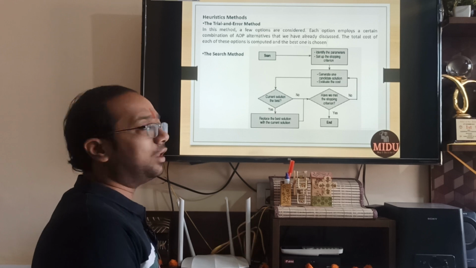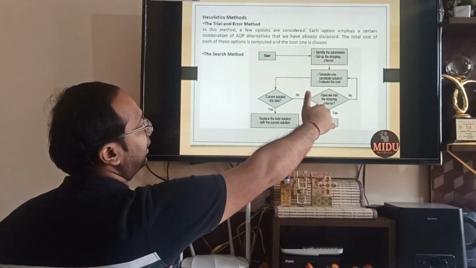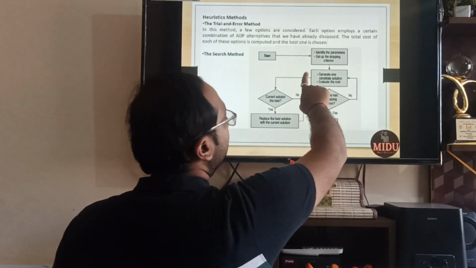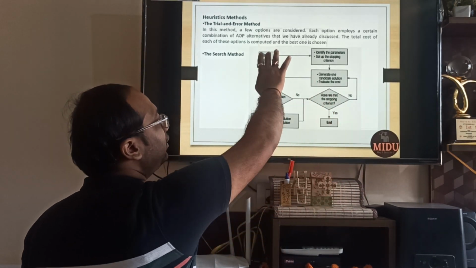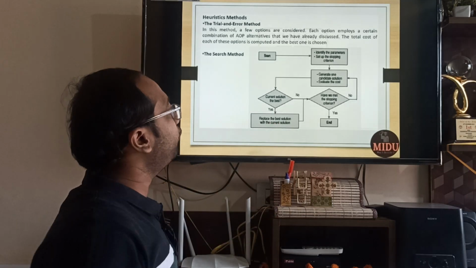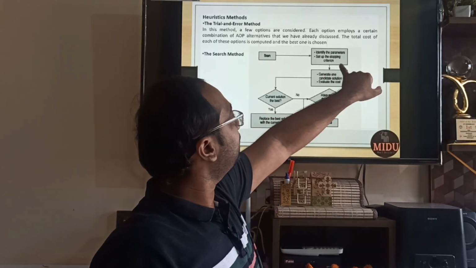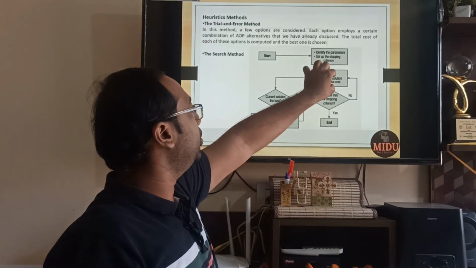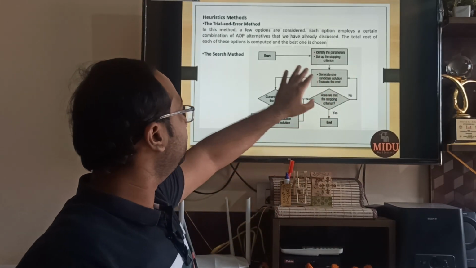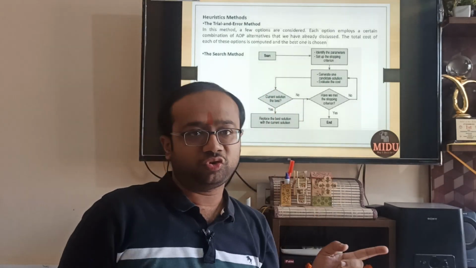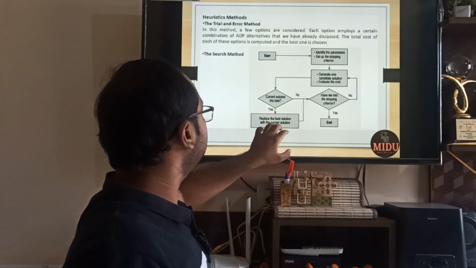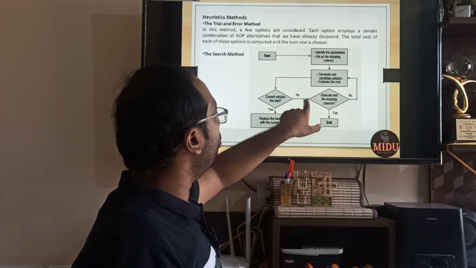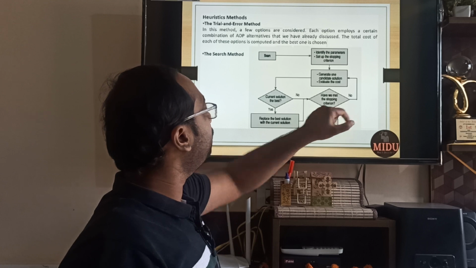So you go through a proper algorithm which has start and end. Whenever there is decision making, we use this particular trapezium symbol, otherwise for steps it is rectangle symbol, and this arrows denotes the flow. So first of all, what we are doing, we are identifying the parameters and setting up the criteria. Then you generate one solution and evaluate the cost. Now there can be two things. Is it the best solution when you have seen the cost? If it is yes, then use that solution if you are getting something best. In case it is no, then you see, have we met the stopping criteria?